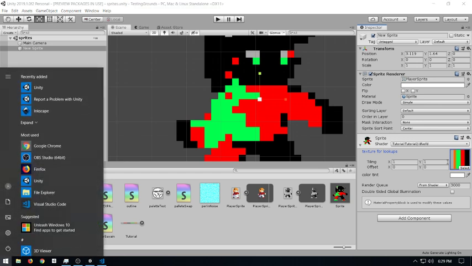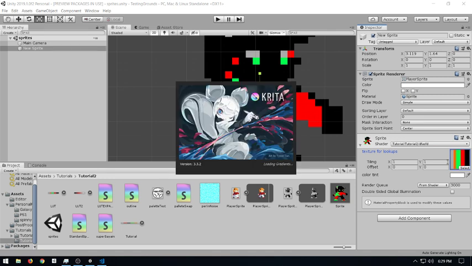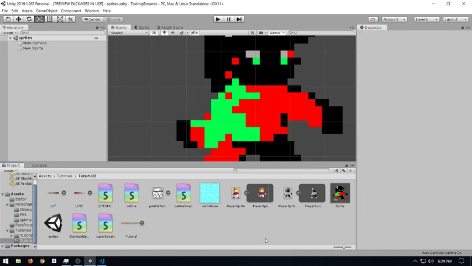And making lookup tables is actually really, oh sick, we have Krita. Making lookup tables outside of Unity is also really, really easy. If Krita will load, oh, it's an old version of Krita. Essentially, we just need to say, hey, how many pixels is this? 32 pixels by 1, 16 pixels by 1, 45 pixels by 1. Don't use 45, that's a weird number. Try to make it a multiple of 2 most likely.